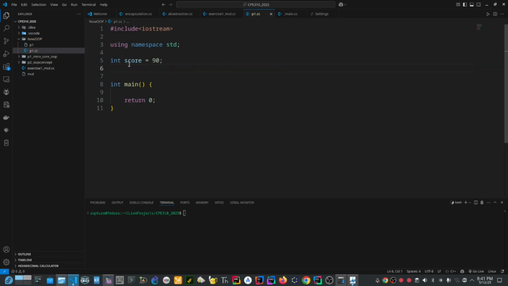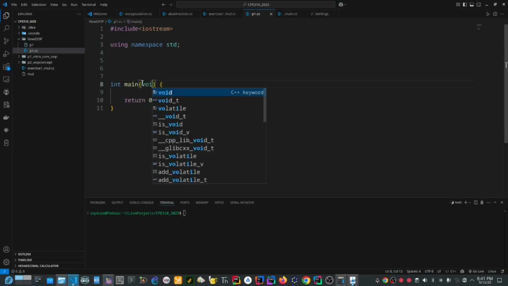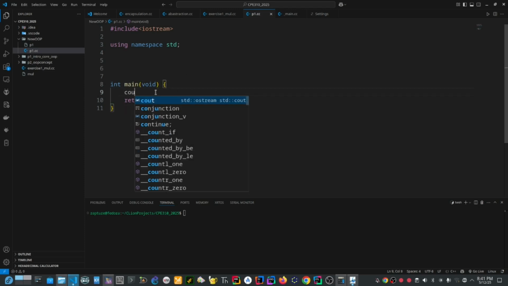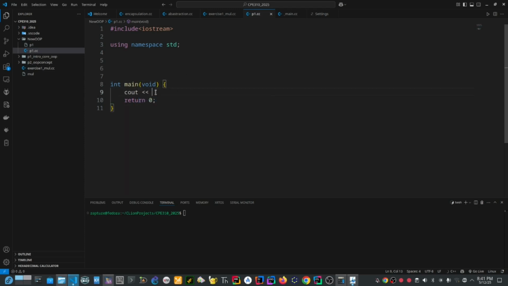For example, if I declare another function or a class without calling it here, just like what we saw the other time, without calling it, it won't run at all. So the program starts from here. Sometimes you can see in some code void here, which means it should not return anything. It will still work without this.